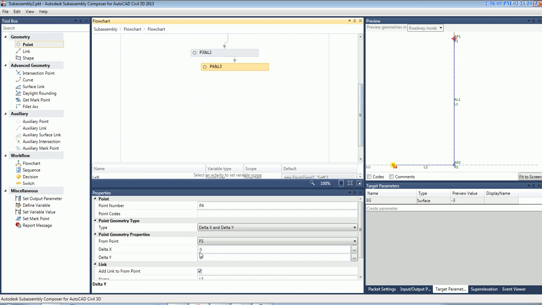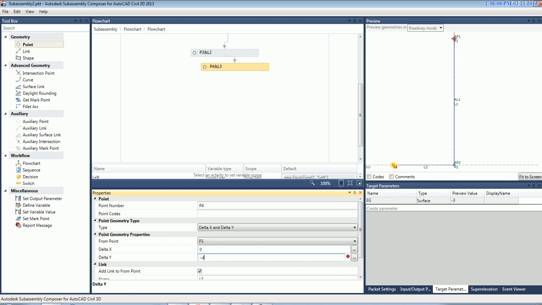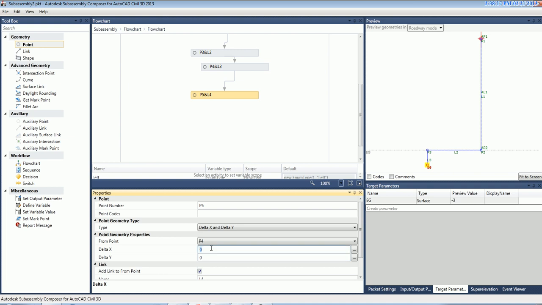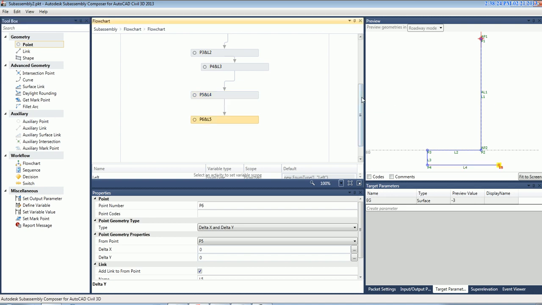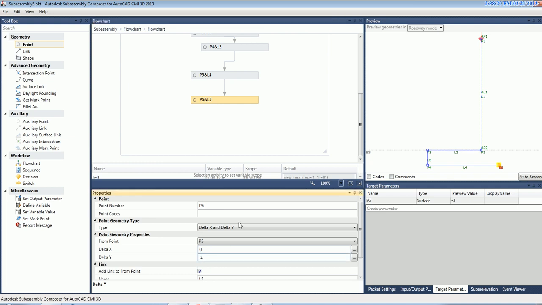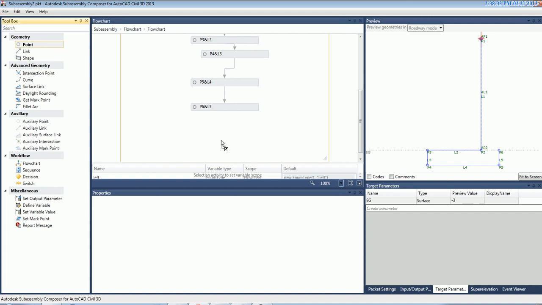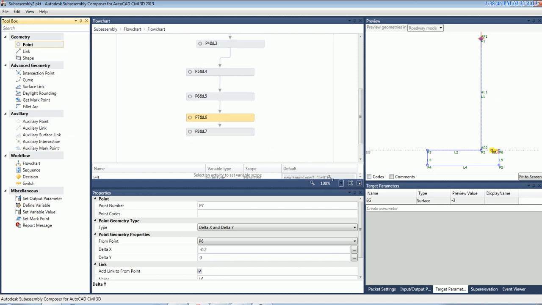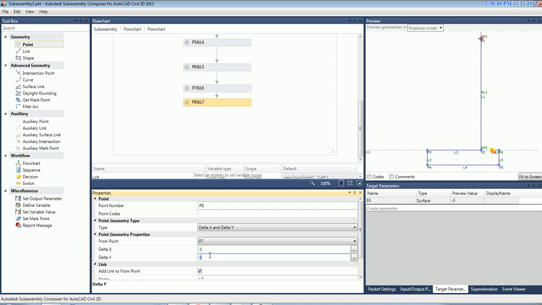P4 will be the depth of the foundation, and P5 will be the overall width of the foundation, and P6 the depth of the foundation, P7 will be 0.2 toe width, P8 wall height,